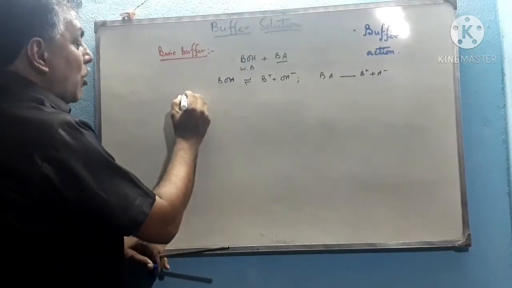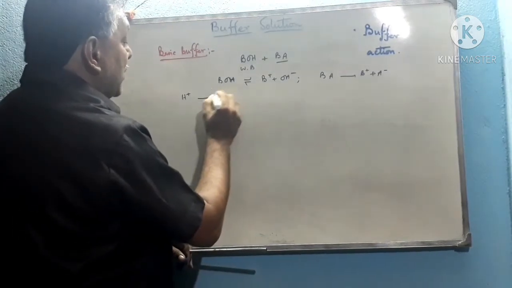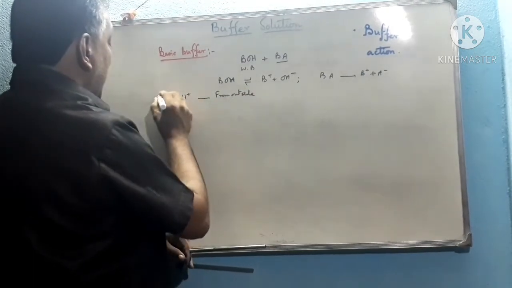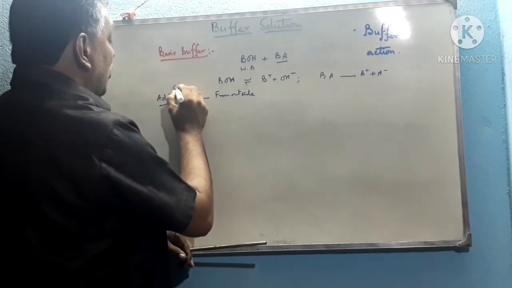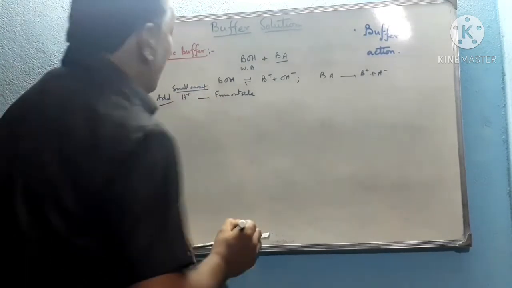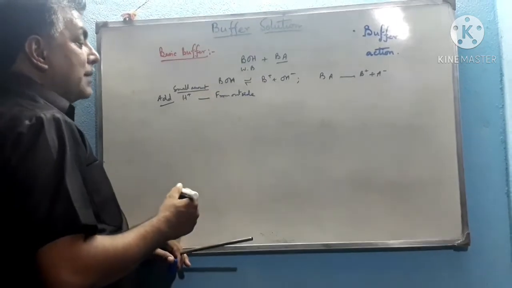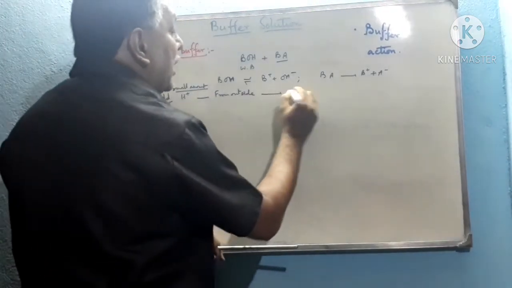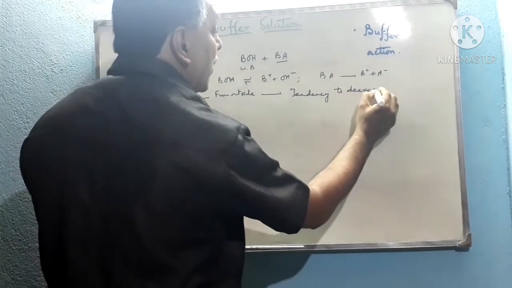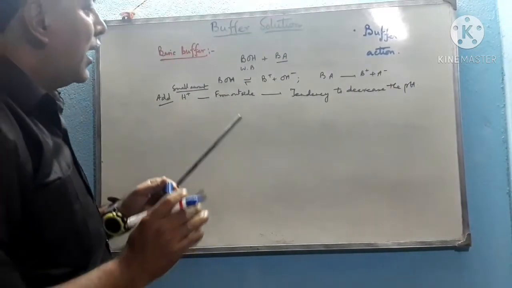Now, if we add a small amount of H plus ion, a small amount of strong acid from outside, always a small amount, because a buffer solution has no tendency to resist if we add a large amount of OH minus or H plus. So if we add a small amount of H plus from outside, it has a tendency to decrease the pH of the solution. Now I am explaining how this basic buffer